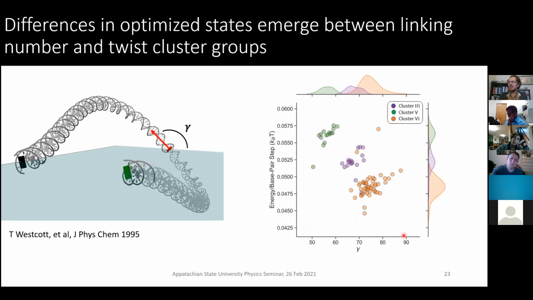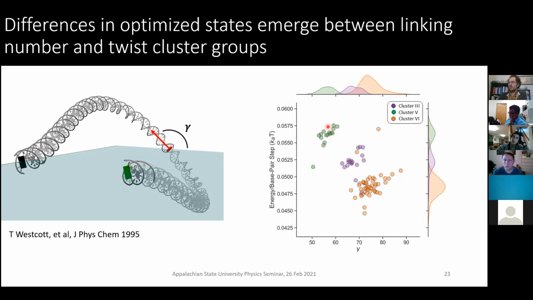We see in that cluster of linking number 33 that a particular cluster, group 5, is a higher energy state than cluster group 3 and cluster group 6 and cluster group 7. So this is really interesting to us because not only did we see energy behavior based on the structural supercoiling diversity, but also based on the type of nucleosome clustering that we had observed.